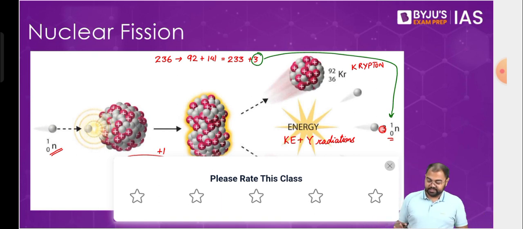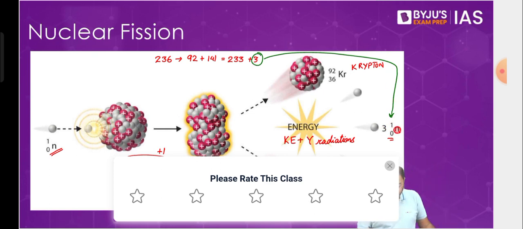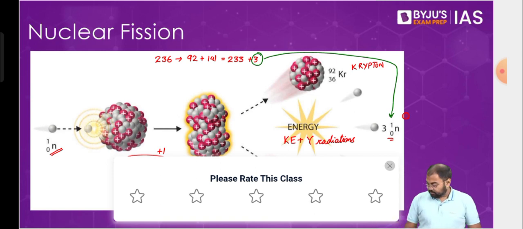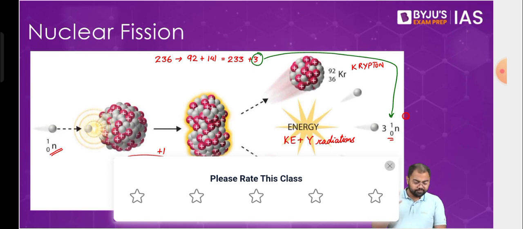Now in this particular scenario, understand something that happens here: we have 3 extra neutrons. These 3 extra neutrons will go on to bombard more such uranium nuclei. Because just remember that in this scenario, you do not have just one particle of uranium, you have multiple such particles. So, for example, if I ask you, how many atoms do you have in 1 gram of uranium? Can you tell me about this?